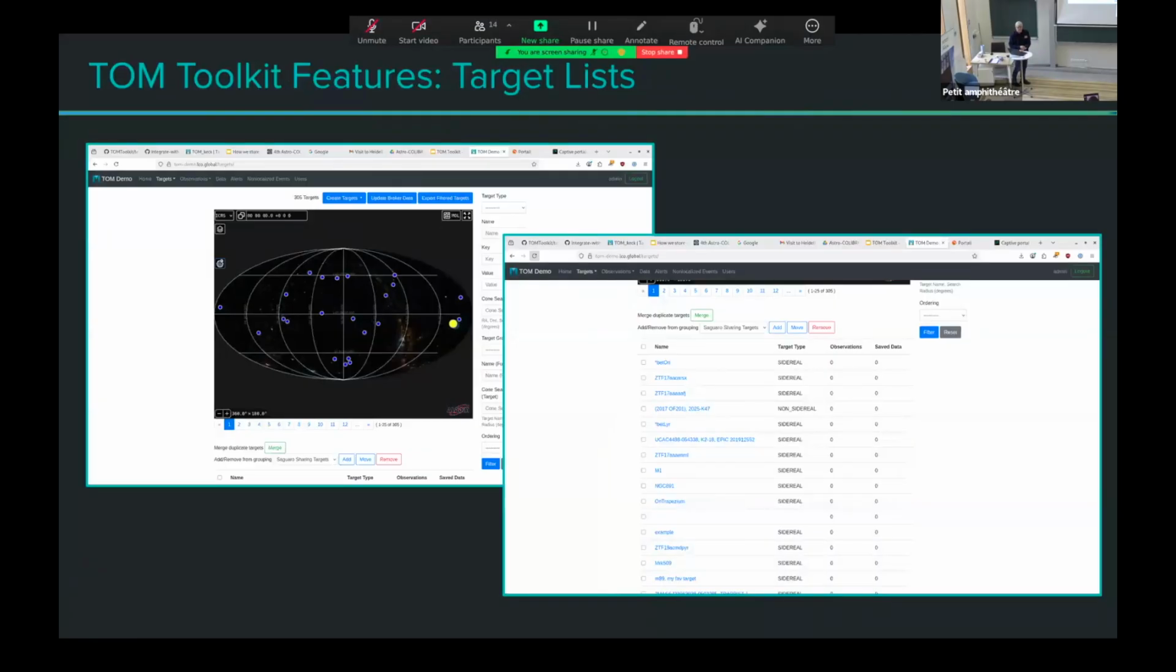Okay, so this is just what the TOM Toolkit looks like. I'm showing you screenshots of what we call TOM Demo. We at LCO, Las Cumbres Observatory, is where TOM Toolkit comes from. We deploy a demonstration TOM. We call it TOM Demo, and I'll give you that URL later. But this is a web-driven application. It manages lists of targets, and